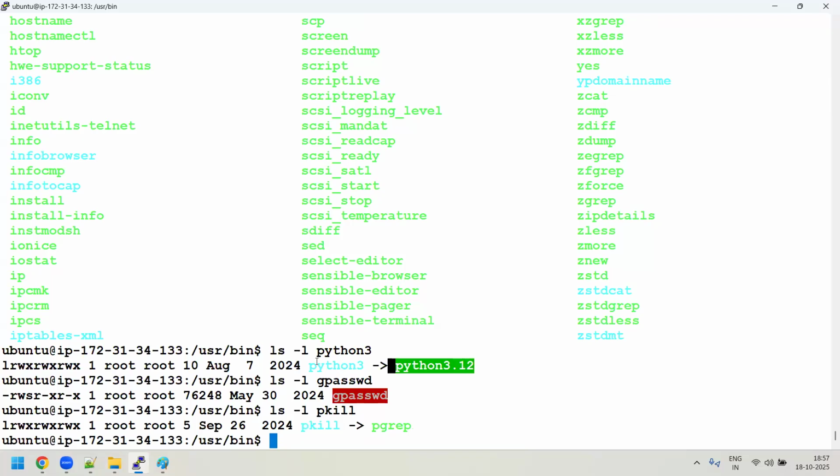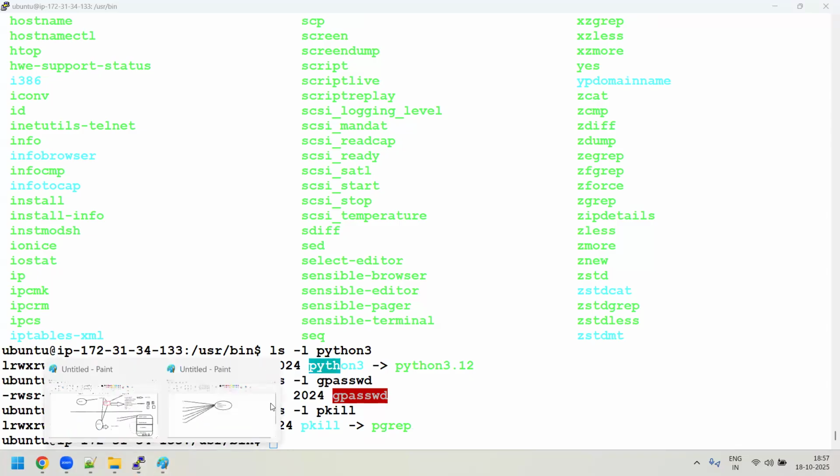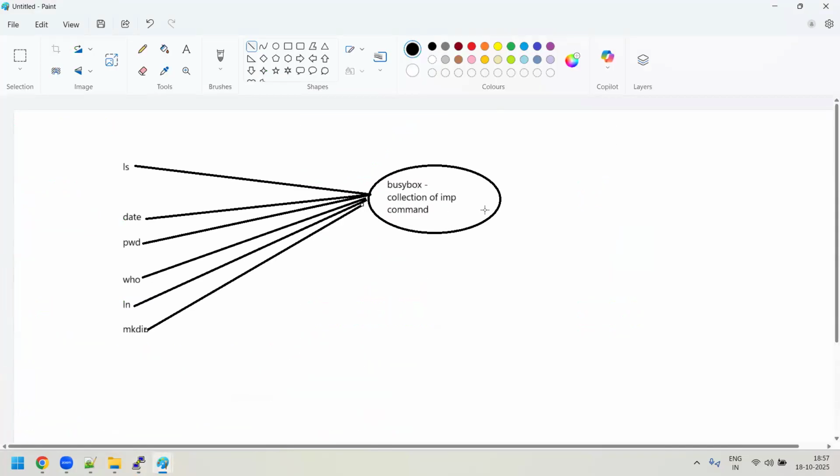So always what happens, right? You will have multiple soft links to the same file, which happens in this busybox section. So busybox will be one big executable, but it has all the commands within it. For ls or date commands, whenever the user wants to execute one, he can call this command. That call internally will be pointed to busybox only. So busybox will take it and execute it, so that you get the ls output.